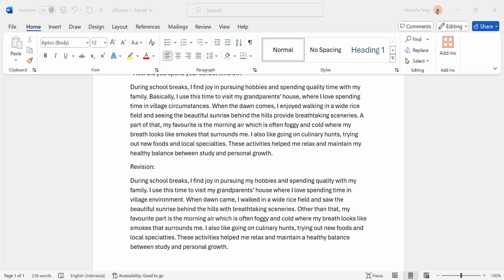"In my holidays, mostly go to the mall to my cousin's house. This is all the experience I can tell you. If there are others, it's the same as going to the mall to my cousin's house." So I can just conclude that during the holidays, I mostly go to the mall or to my cousin's house. So I actually changed most of the sentence right here. "My holidays mostly involve going to the mall or to my cousin's house." So I shortened that. "That's all the experience I can share, but there are more, but the stories are mostly the same."